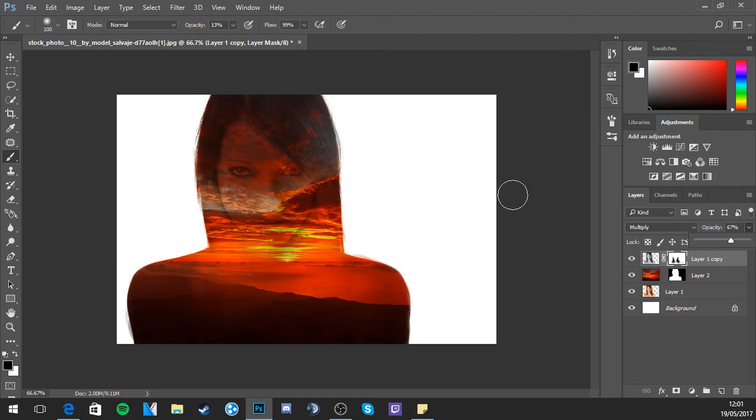His obviously looks a lot cooler. He got a pretty good base picture to start with. His model is looking sideways, so he's able to put a mountain under her face and keep her eyes and her nose and everything intact, and they're more visible because of where the sky is and how the model is looking, like that angle of her vision. But you can pretty much do this with anything. You could put a tree inside a man if you so wished. But you know.